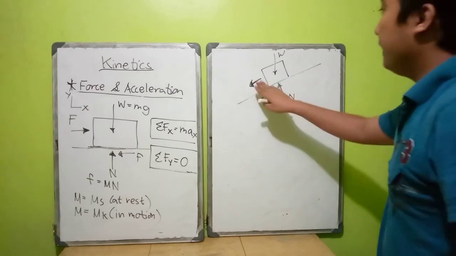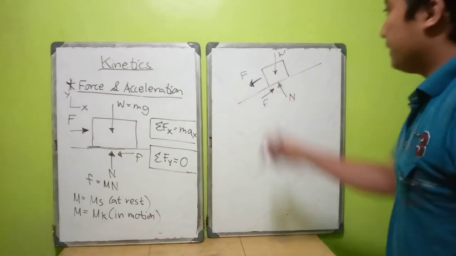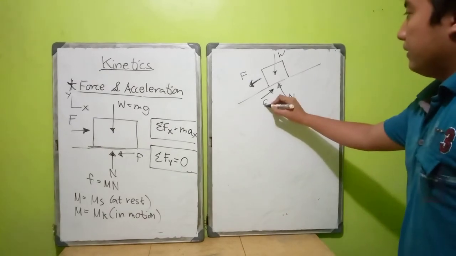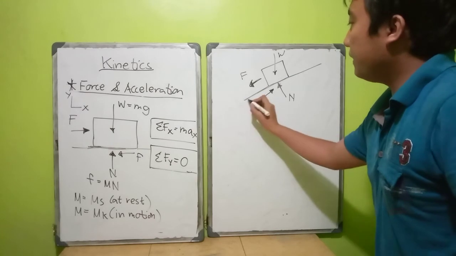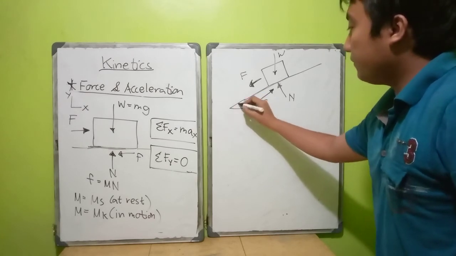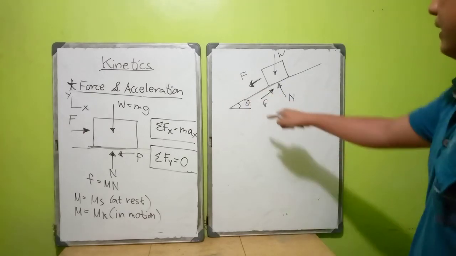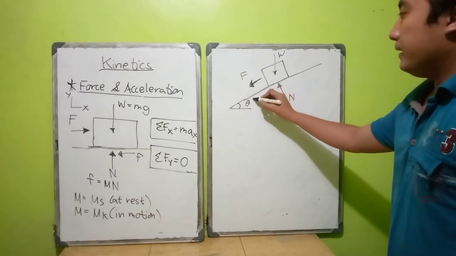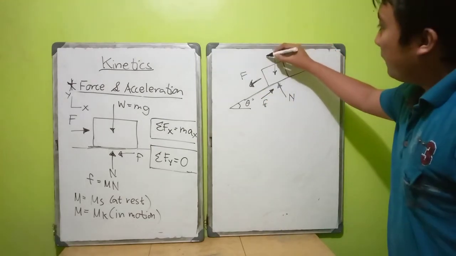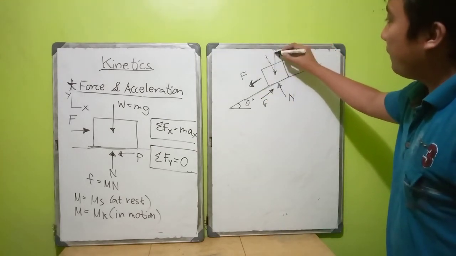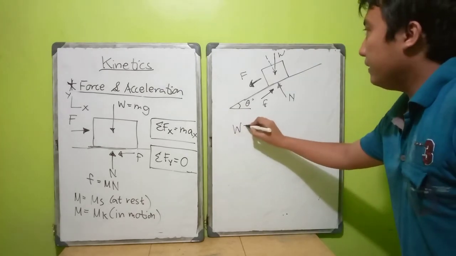So let us say you are pulling up forces here, in order to move in that direction. So this is another impending block. I just want you to know that if this block has theta degrees relative to the horizontal, then this weight, because please remember that your weight